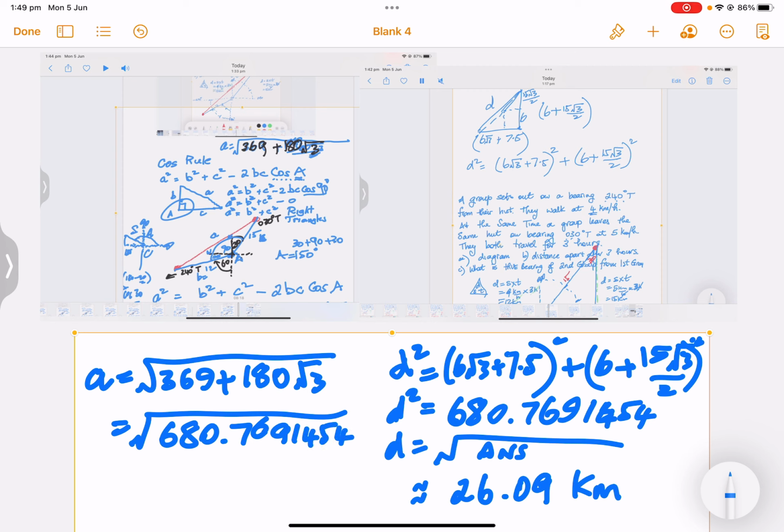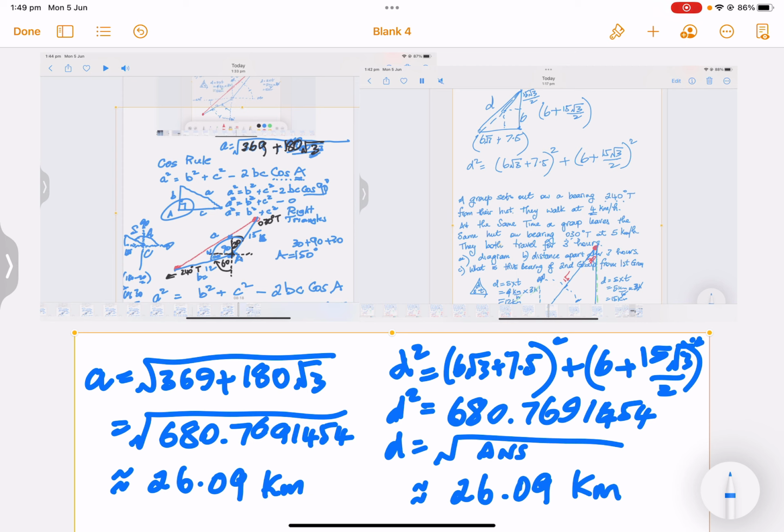And you see it's precisely the same value. And that's exactly the same: 26.09155314, rounded off to two decimal places. All right, I just wanted to show that those two solutions were accurate, and I hope that you can